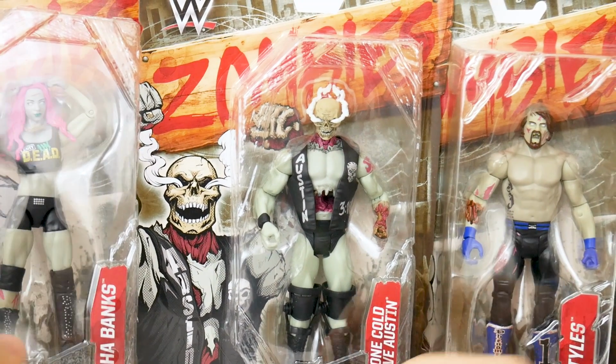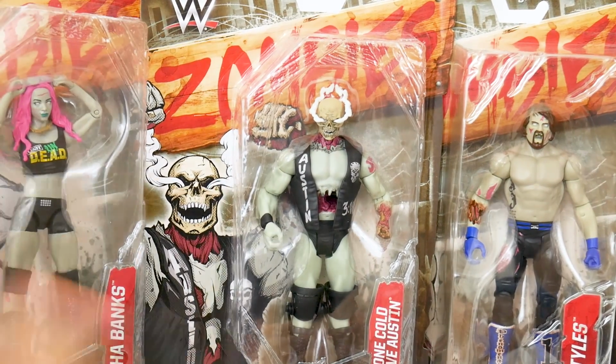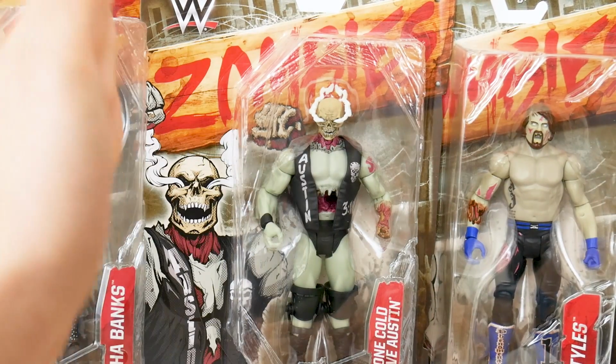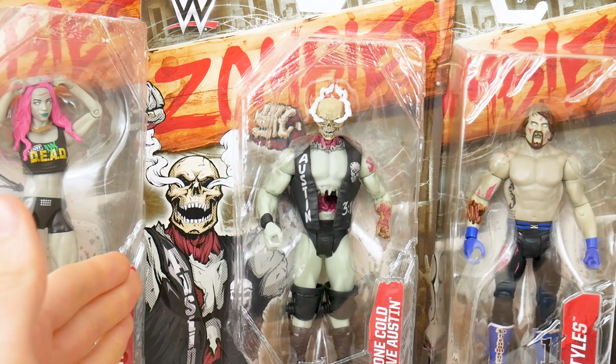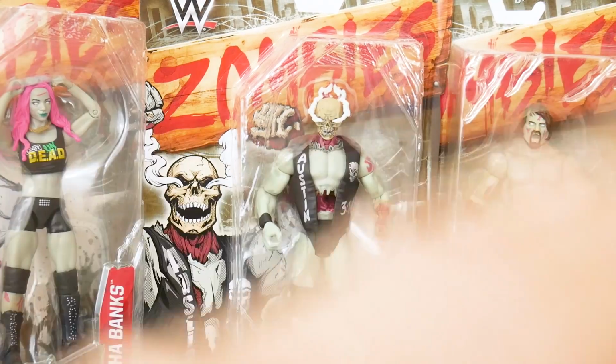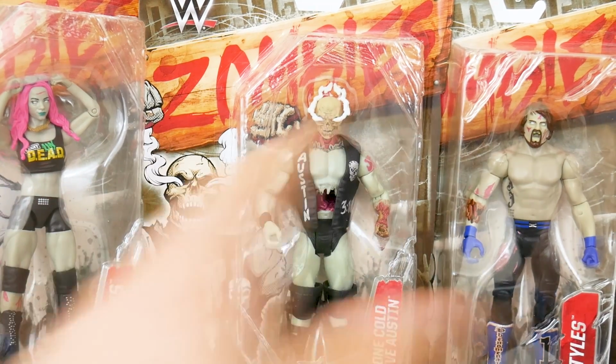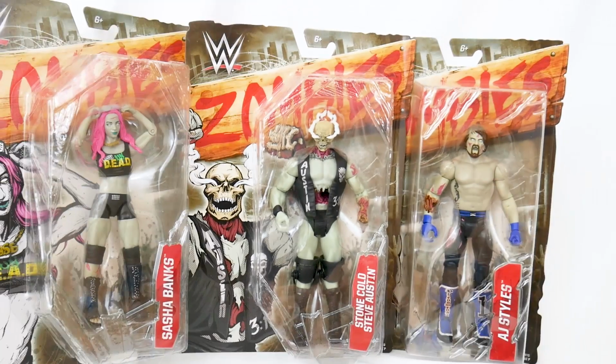These are so strange. I reviewed some before. I think I got like half the set this time. I got the full set. We're looking at half the set right now. What did I just say? That was just a verbal soup of nonsense alphabet soup. So here it is. We have Sasha Banks, Stone Cold Steve Austin, and AJ Styles, the threesome, the triple threat